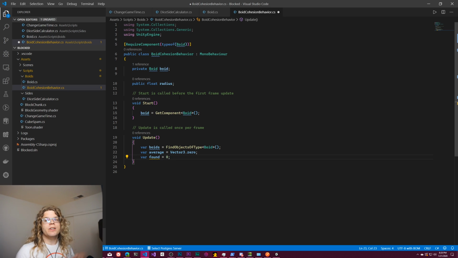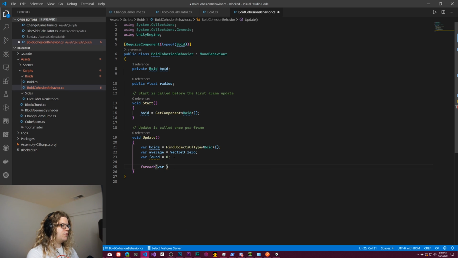And so what we're going to do is we're going to just sum up everything nearby us, and we're going to divide that by the number found. I think that makes sense. And we are actually going to do a difference here. So the average is not going to be like the actual real world positions. I don't think that's what we want. Instead, we're going to actually take a difference of that. And so in this case,